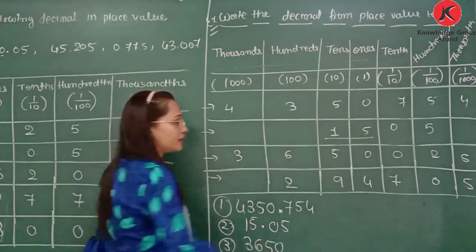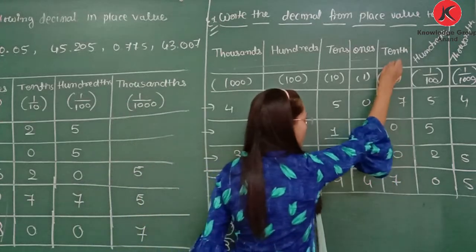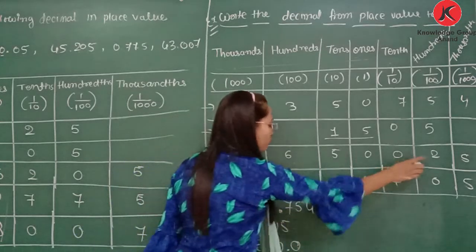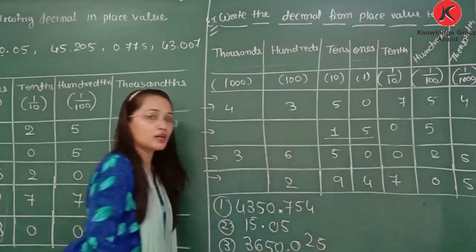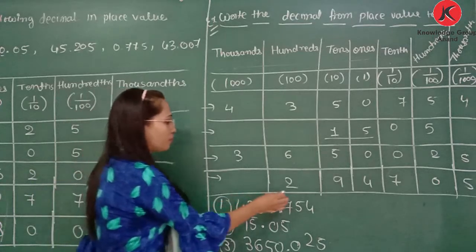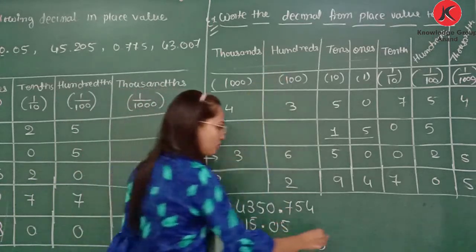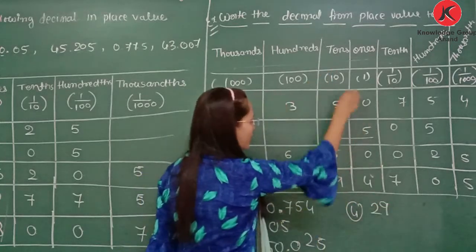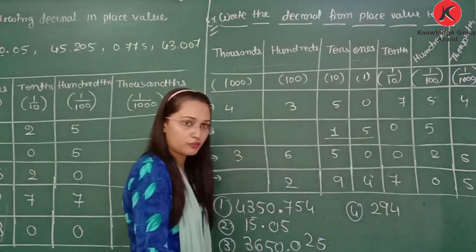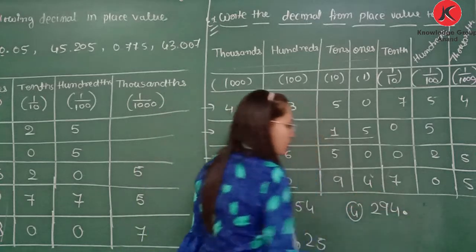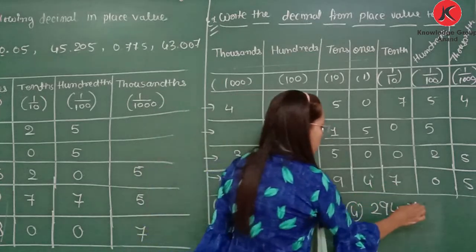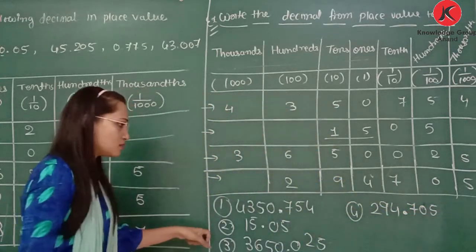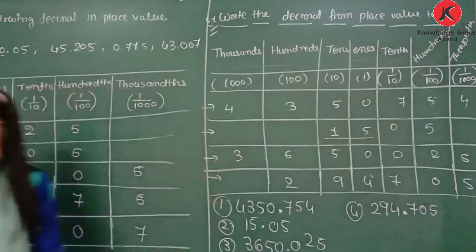That is our whole part. And 0 that is at the 10th place. So from 0 we need to write the decimal point 025. So that is our decimal number. Now for next one, 2 is at the 100th place. So we can write for fourth one 2. Then 10th place is 9 and 1's place is 4. So 294. After that we need to make a point 7 that is at the 10th place 0. So this way we can write the decimal number from the place value.